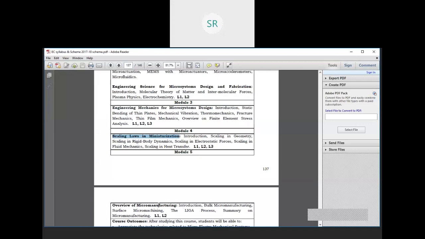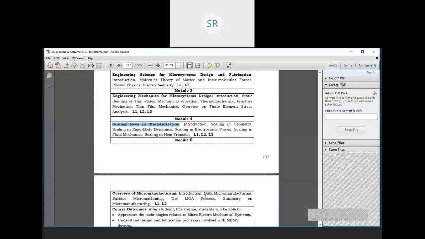Now say I want to design a micro sensor. This micro sensor can be a pressure sensor, of a size in terms of micrometers. I want to design that. How to design that? There are various technologies that are used. One is bulk micro manufacturing, surface micro machining, and finally the LIGA process.